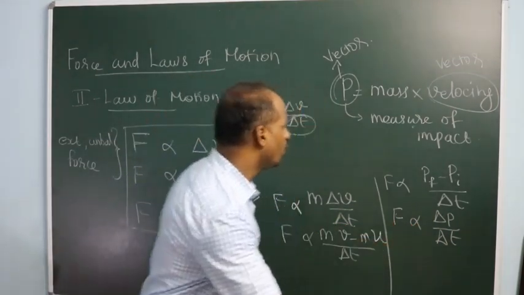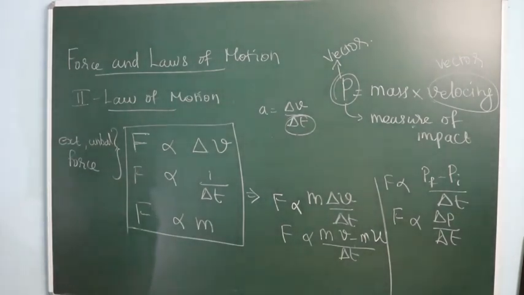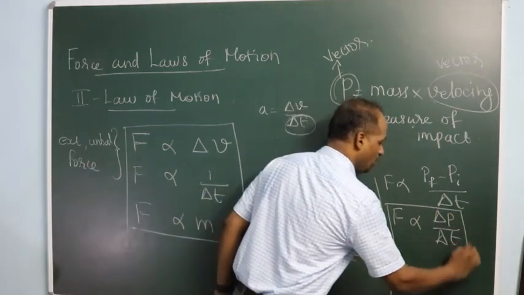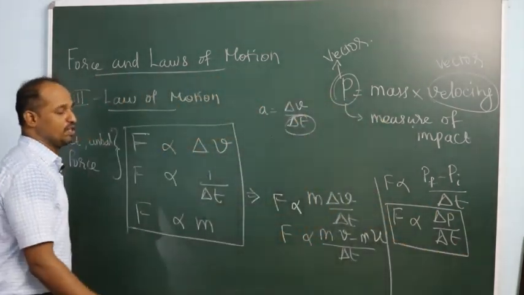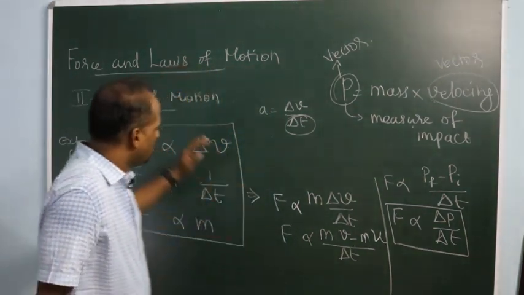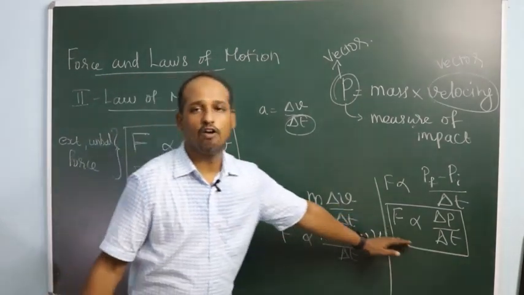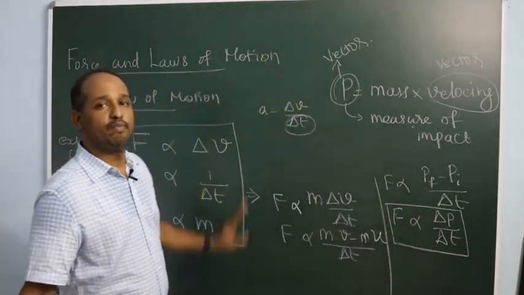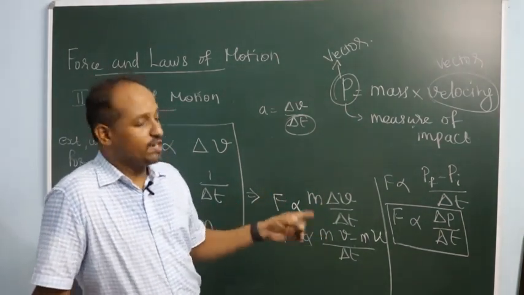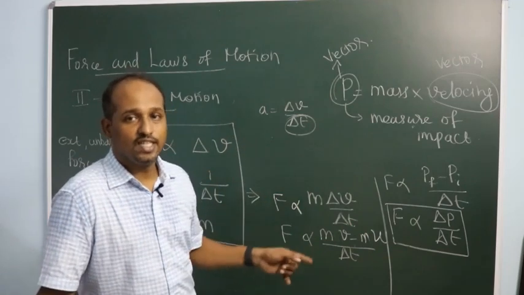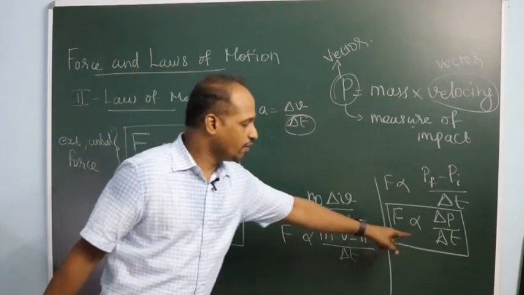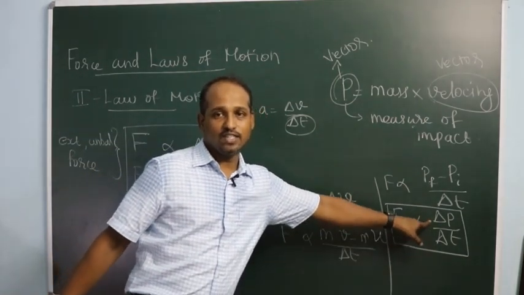So this is actually the second law of motion. What is the second law of motion? The second law of motion is that force is directly proportional to rate of change of momentum of the object. So naturally we have come up to the second law of motion through the definition given by the first law. See, what is that? Force is directly proportional to rate of change of momentum. Rate of change means for every 1 second, what is the change in momentum?